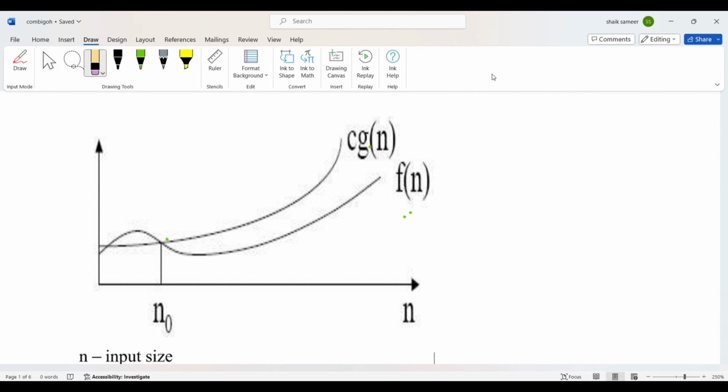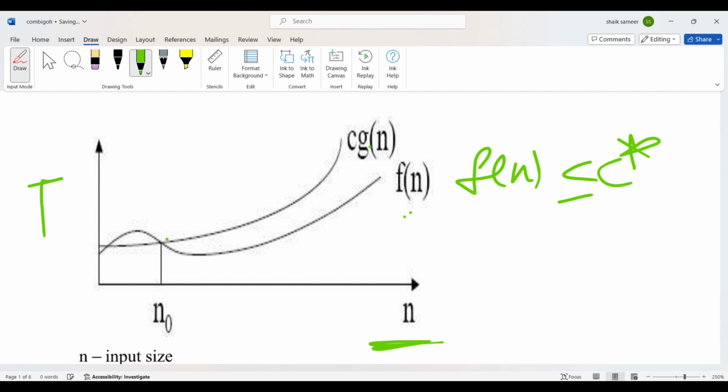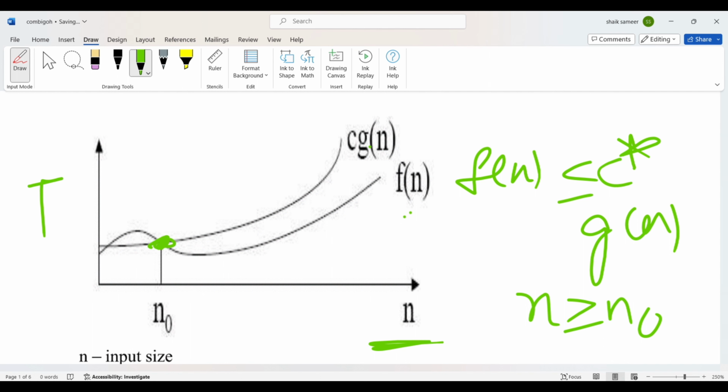Before going to solve a problem related to the graph, I will explain once again this graph of Big O notation. Observe this graph carefully. On the y-axis we take time, on the x-axis we take input size. From the Big O notation, f(n) is less than or equal to c times g(n), for n greater than or equal to n naught. So after n naught, c times g(n) is always greater than f(n). Before this,